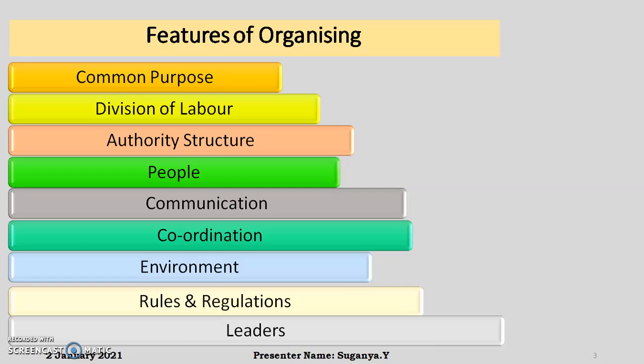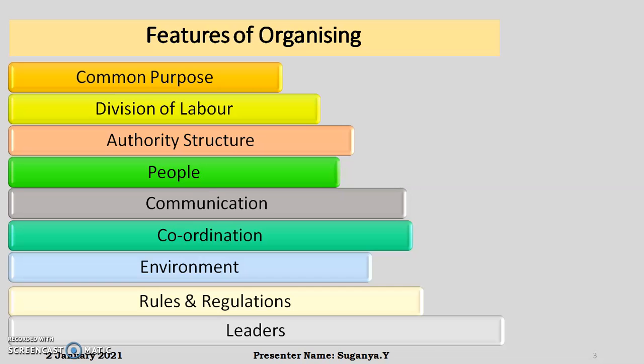The second feature is division of labor. Division of labor means whenever I am going to assign work to my employee, I should follow the principle of specialization. That is, whichever portion of work my employee is very perfect in, that portion of work should be assigned to that concerned person, or in very simple words, right man for the right job. That is, if I am good in marketing, I should be given the marketing job. That is called division of labor. So as a manager, I should follow the principle of